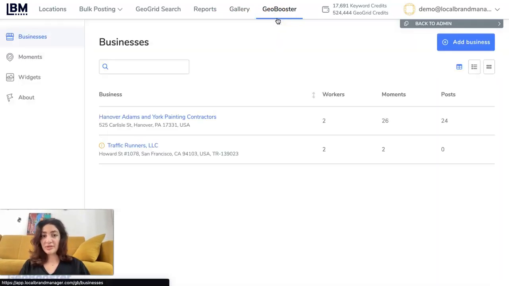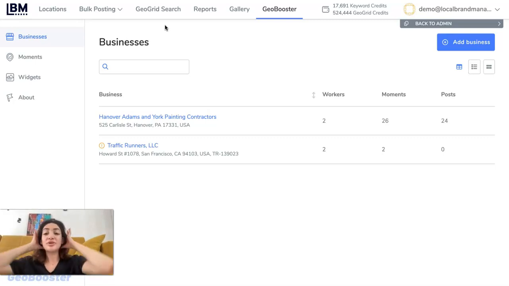And last but not least, we have a Geobooster. It's kind of like a software inside of the software, it is a mobile app that you can download and you can give it to your clients directly. So one thing, it's going to help you with getting images from your customer or your client business. So it's very useful for guys that are out in the field, doing work in the field, like plumbers, contractors and stuff like that. So you can give them a mobile app and they can take pictures of the moments and upload those moments